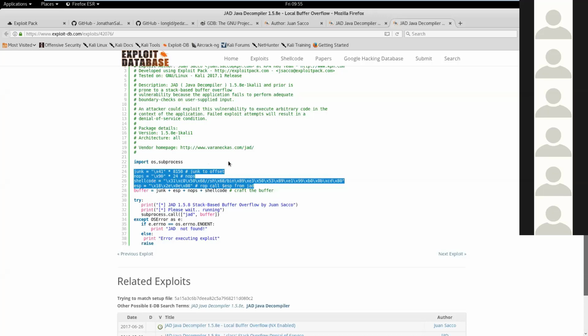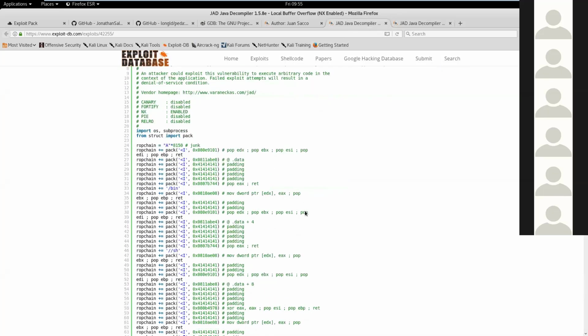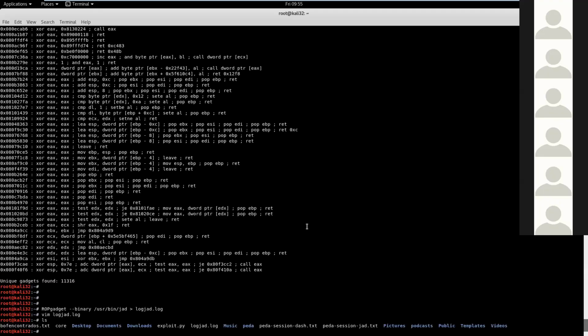But it's not using a ROP chain. So how can we create this ROP chain? We can use ropgadget as well. Later on, not in this session, we're going to create a ROP chain manually, so you can actually understand how a ROP chain works. Not only create the ROP chain using a program, but you have to understand how it works. I have some binaries that we can use in other sessions, so you can actually understand how a ROP chain works, how execve works, because if you don't understand that, then you will not be able to get